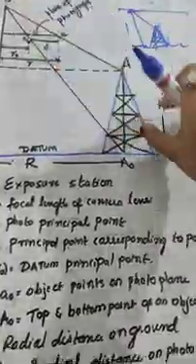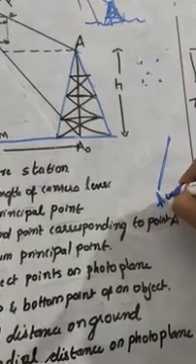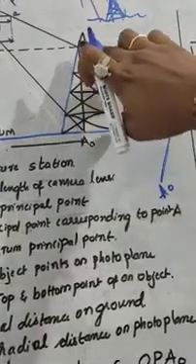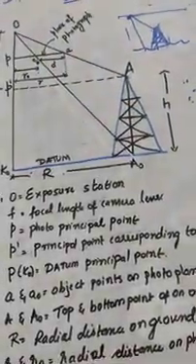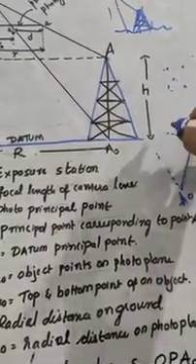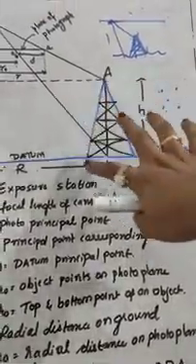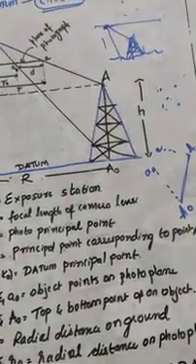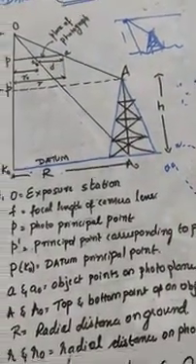So I can write this separately, in this isometric view itself. Here it is A0 and the top is A. The same thing is projected on the photo plane, that is, in the lens, it is small a0 as well as small a. This side is projected on the photo plane. That displacement of these points on the photo plane is called relief displacement.